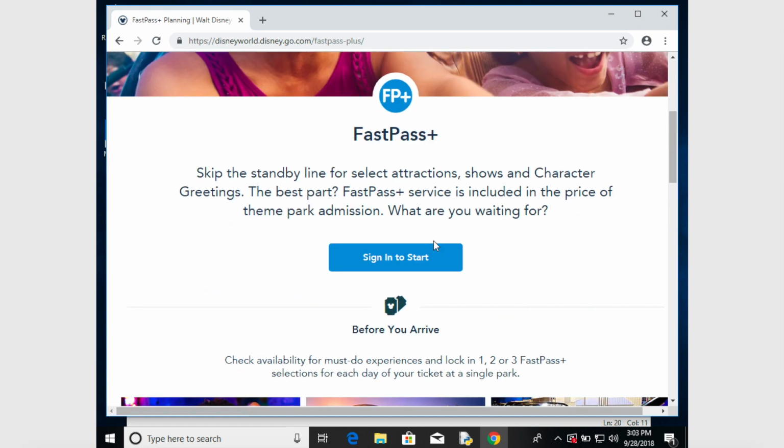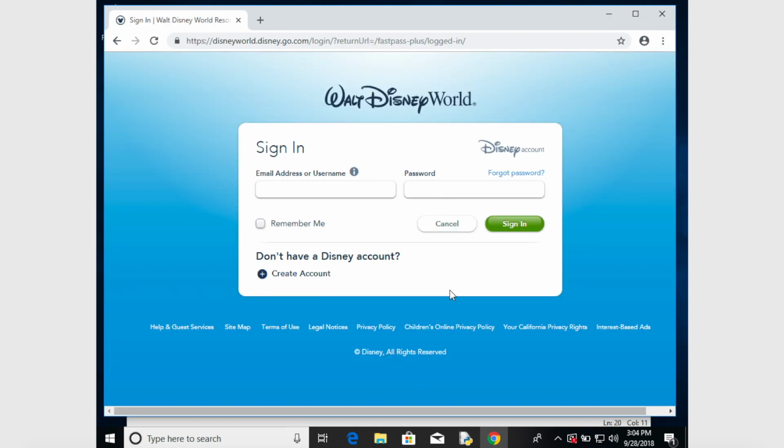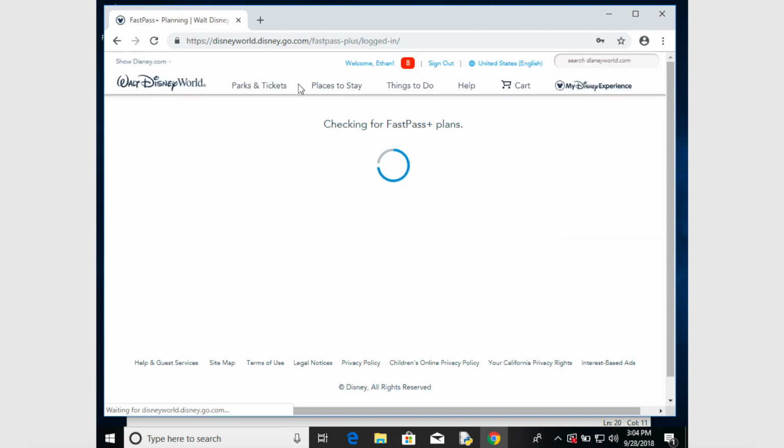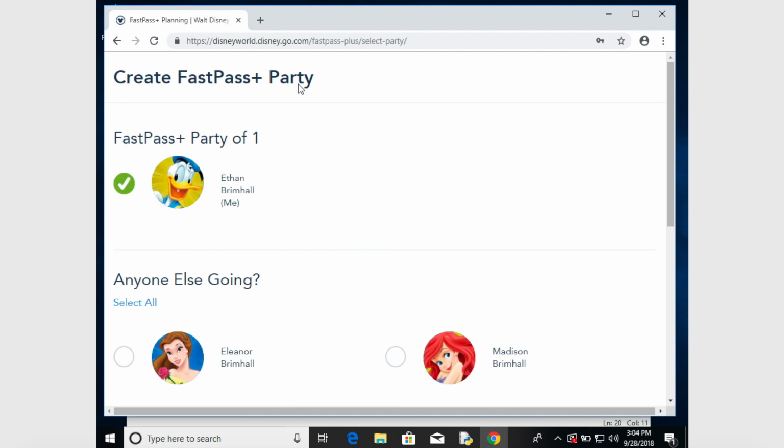And you want to click sign in to start. So I'm going to type in my email and password, and I will meet you at the next screen because I'm not going to show that on camera. Okay, so when you get to the next screen, this should be the next screen, create a FastPass Plus party,